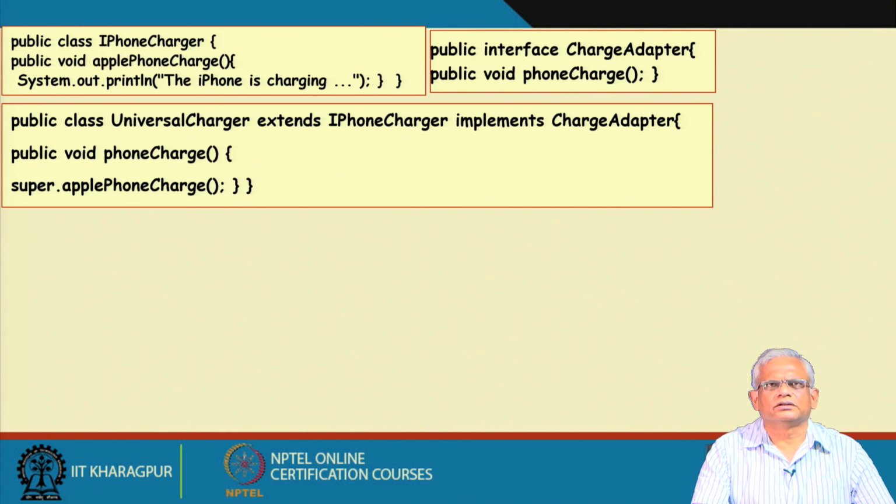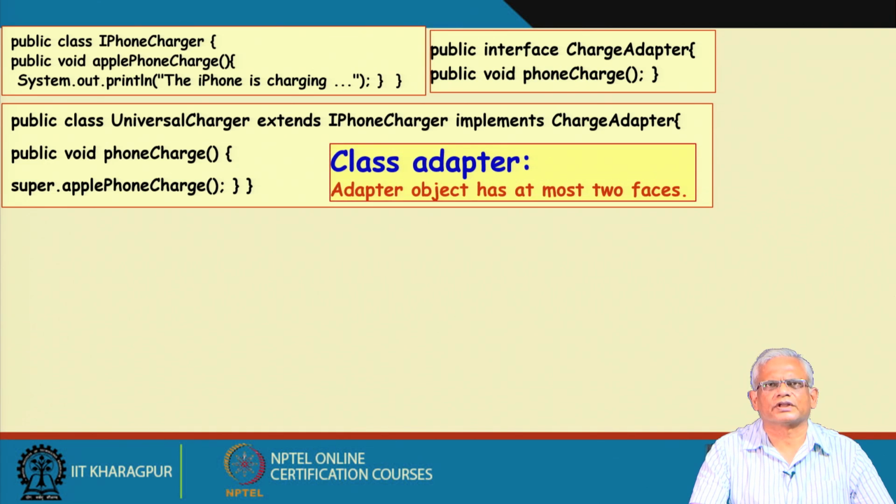But then this is the class adapter and we know that it can only extend one type of adaptee and therefore, it is two phased. It can only convert the target to only one of the adaptee. This cannot be used as a universal adapter. The class adapter has at most two phases. It is not suitable to implement a universal adapter.